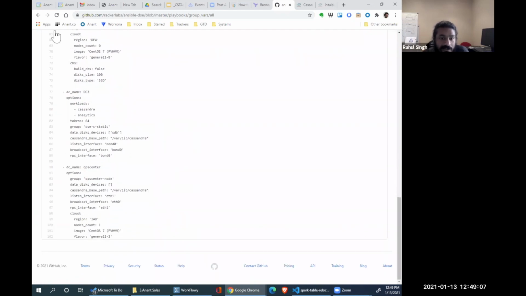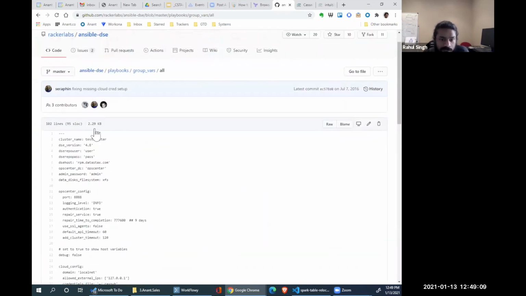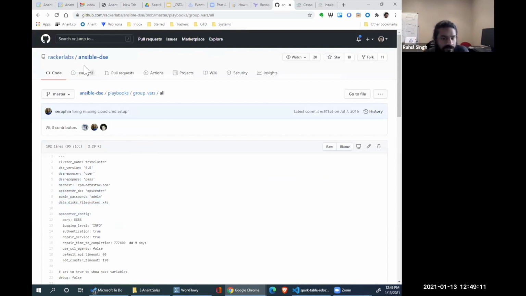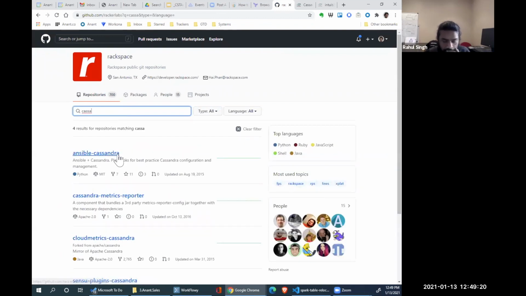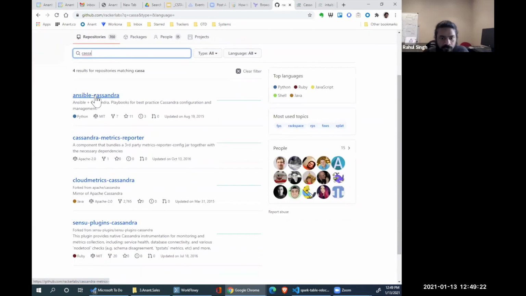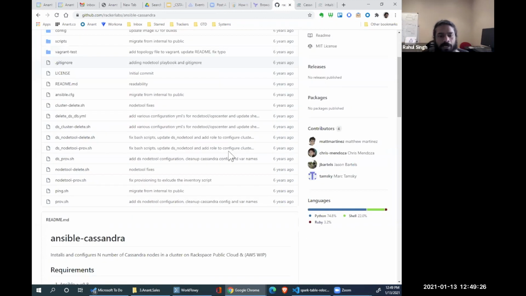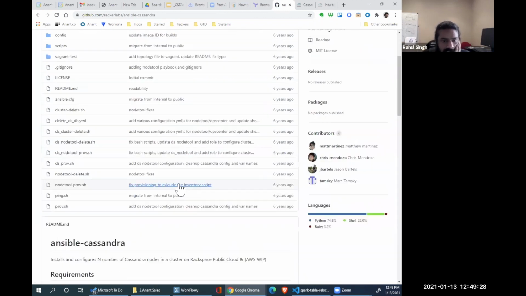Okay, now this is one way to do Ansible. Just one way. There are different ways to do Ansible. Let's see if they still keep their Cassandra Ansible here. Yeah, good, they do. Again, it's a little old, but slightly different